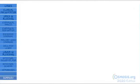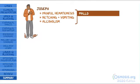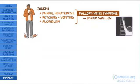Now, let's go back to our cases. Joseph presented with painful hematemesis, which began after a particularly intense night of vomiting and retching. Painful hematemesis, retching, vomiting, and alcoholism are all specific for Mallory-Weiss syndrome. Therefore, you can order a barium swallow which can show hematomas or streaks in the esophagus, but endoscopy is required